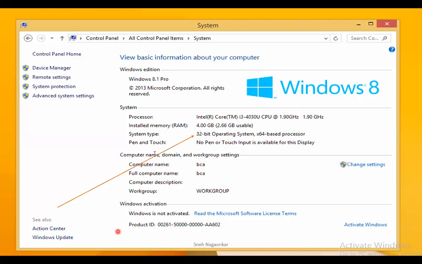I have two things here: I have Windows 8, and I have a 32-bit OS. These are the two things which I need when I want to install Notepad++. Clear to you? After noting this, the third thing that you need to do is